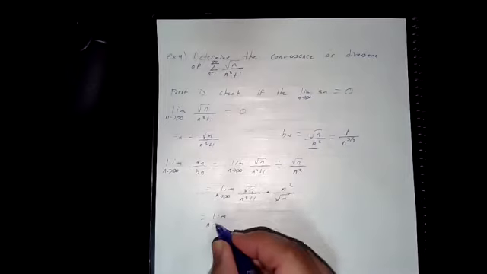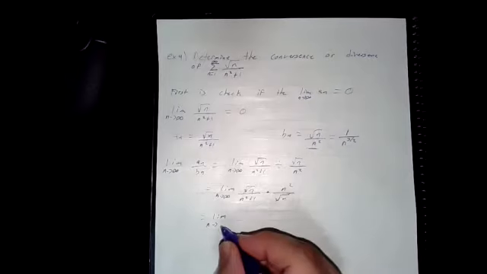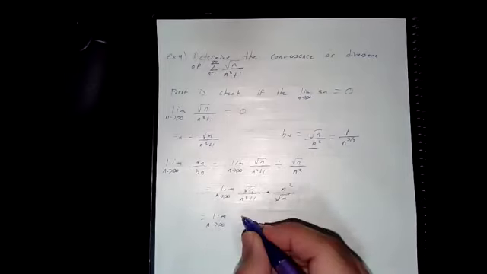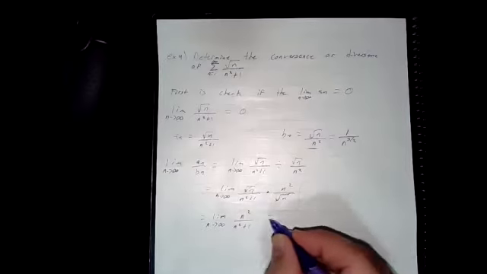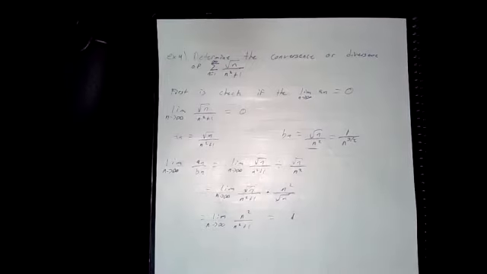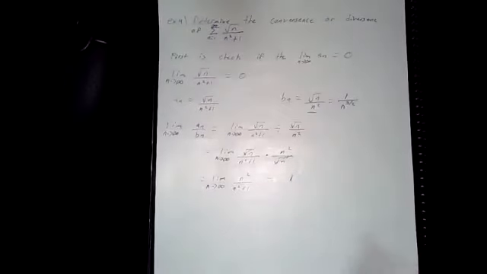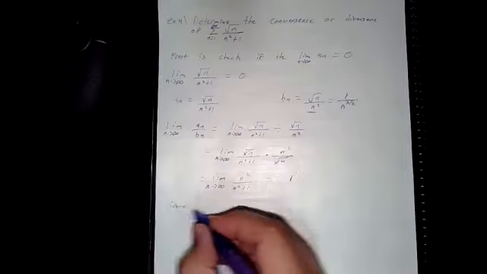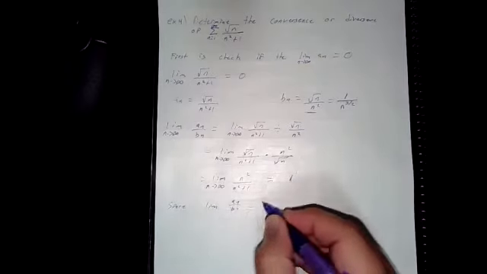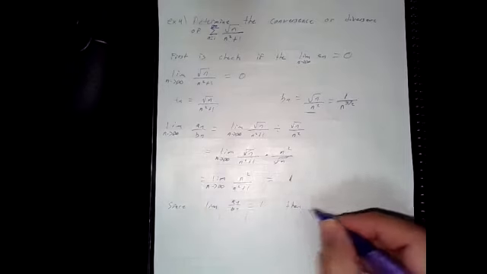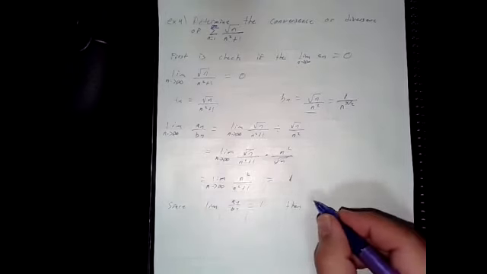So that cancels, giving us n squared over n squared plus 1. That limit will be equal to 1. Right? So since the limit of an over bn is equal to 1, then the series